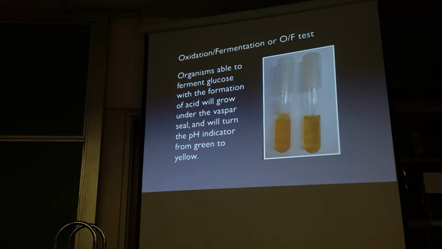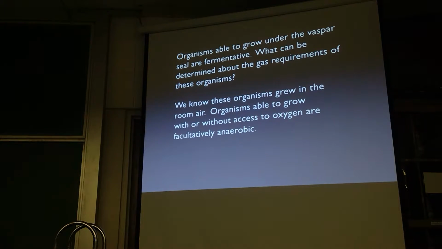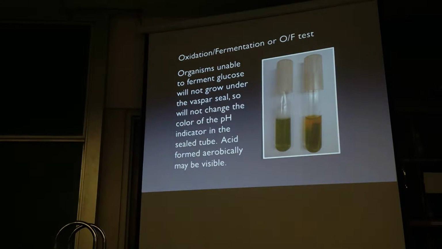So if you have two yellow tubes, you know they're producing acid. And if the VASPAR is lifted or there's bubbles underneath it, you know they're producing gas. And specifically, it's gas from glucose fermentation. Again, these guys are facultatively anaerobic. That's a gas requirement. That's not metabolism. Metabolism is either fermentative or respiratory. If they're fermentative, both tubes are yellow, and they grow under the VASPAR. If you get this result,